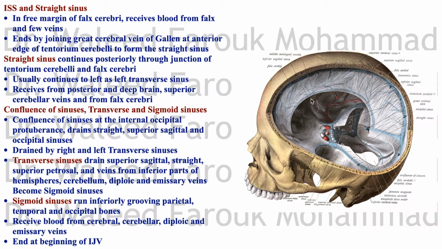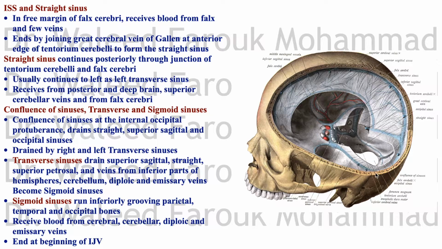The inferior sagittal sinus is the one that you see here. It's in the free border of the falx cerebri. It ends by joining the great cerebral vein of Galen to form the straight sinus, and usually the blood continues to the left as the left transverse sinus. The meeting with the great cerebral vein of Galen is at the top of the tentorium cerebelli. It will form the straight sinus, which continues posteriorly through the junction of tentorium cerebelli and falx cerebri,